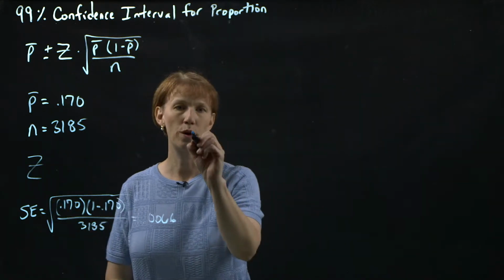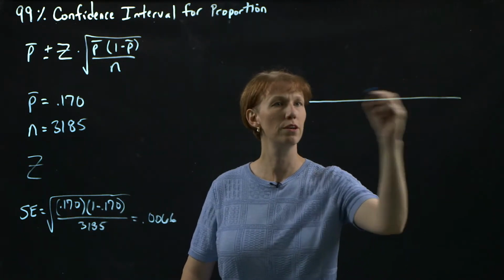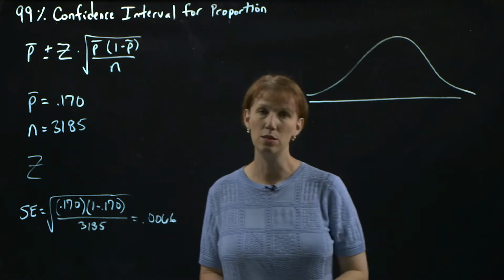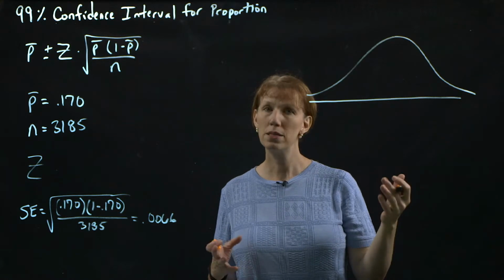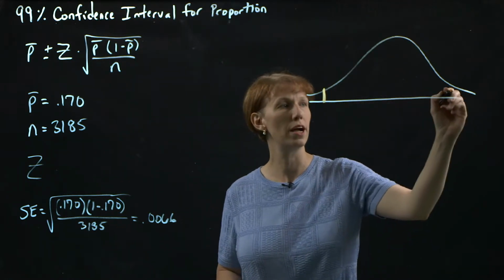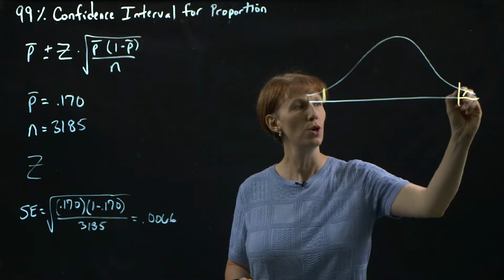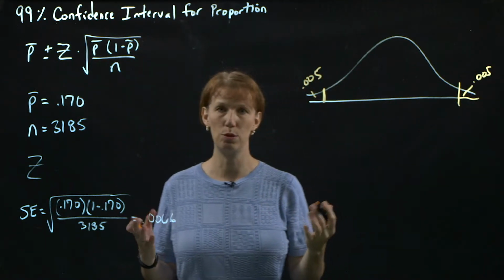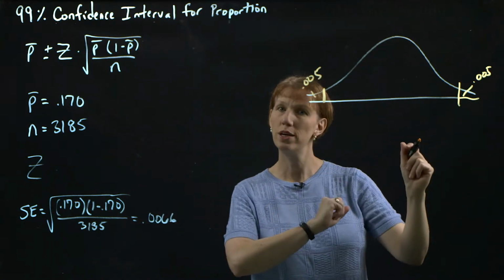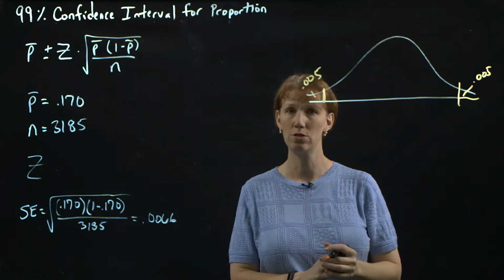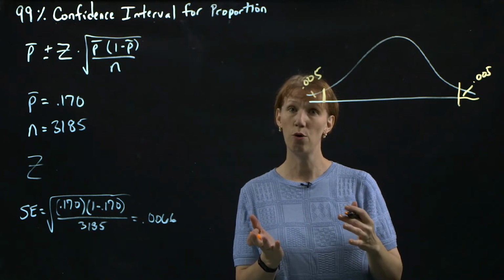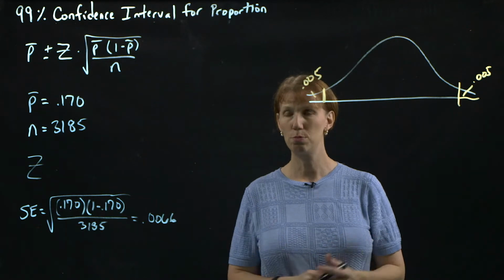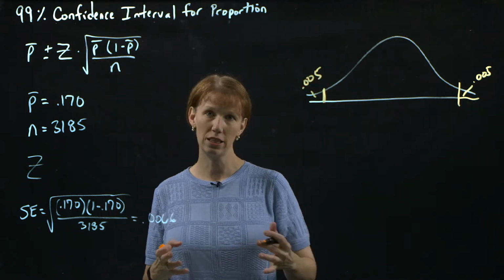Z is a symmetric distribution that is bell-shaped, and for the purpose of confidence interval construction for a 99% confidence interval, we want to identify the values on the standard normal distribution such that there is 0.005 in each of the tails, noting that the sum of 0.005 plus 0.005 is 0.01, and 1 minus 0.01 corresponds to our 99%